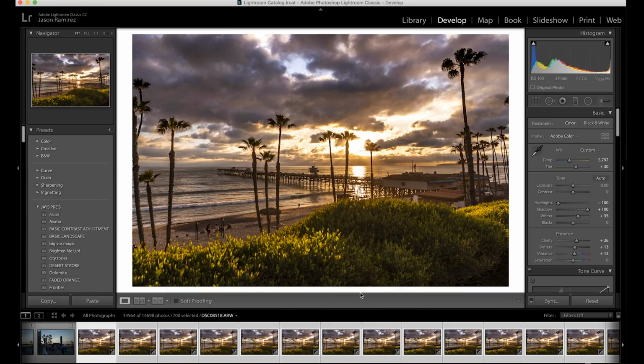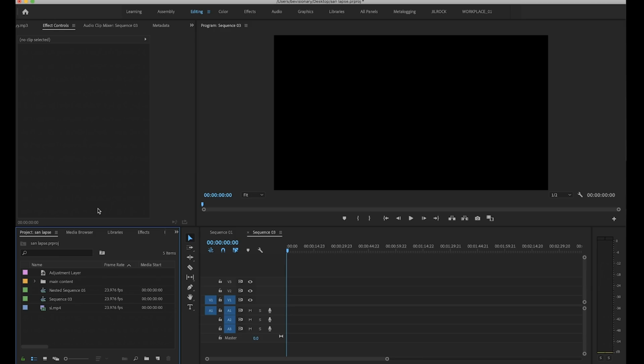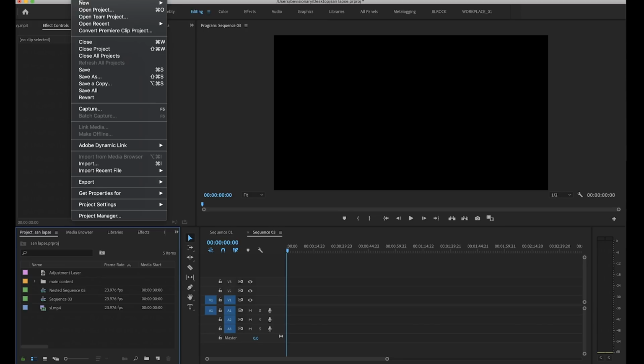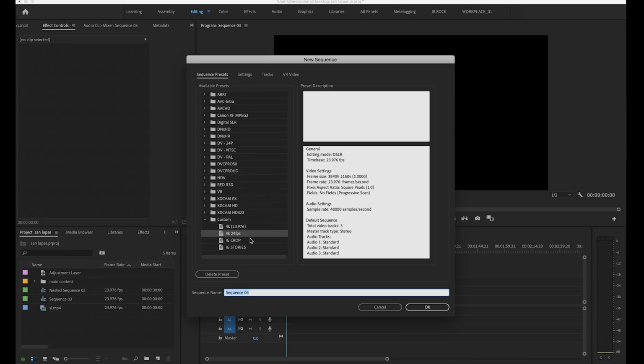And now this is where it's gonna take a lot of time to export out, and we're almost finished with our time lapse. All right, so we got everything set up. Now we're in Adobe Premiere. What we wanna do is open up a new sequence. So we're gonna go to File, New Sequence, and I'm opening up a 24 frames per second 4K timeline